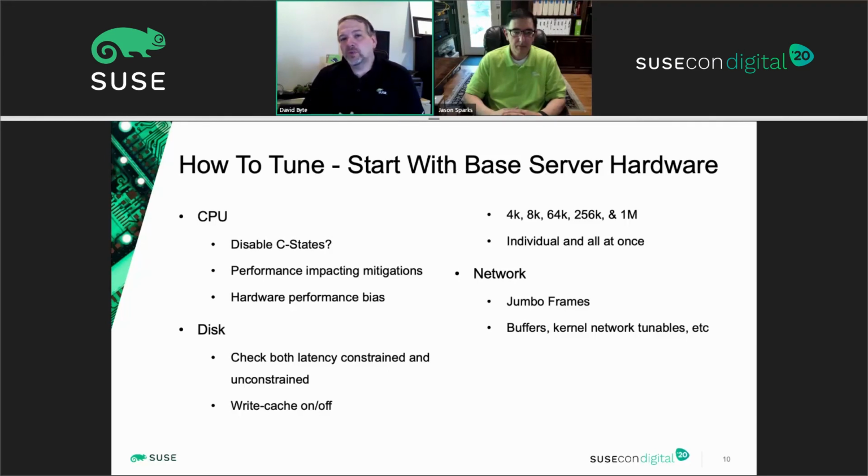Again, there are the side channel attacks that we're all painfully aware of at this point in time. There may be situations where you need to or are able to disable those. Clearly you want to visit with your security people, make sure they're okay with it, but disabling some of those can bring back performance in some cases. And then in the firmware, I'm making a note here about hardware performance bias. A lot of times this is under the power section of the firmware. Make sure you set it to the performance